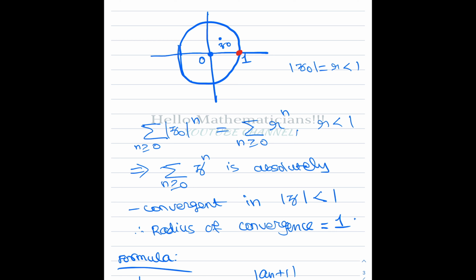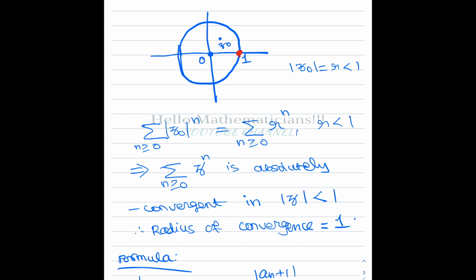But we have r less than 1. Since r is a norm, it is a non-negative number, so r less than 1 is sufficient to conclude that this series converges to 1 by 1 minus r, that we know. Therefore this series is also convergent. This series converges means that the series is absolutely convergent in the disk mod z less than 1, or in particular this disk inside. So inside everywhere it is convergent.